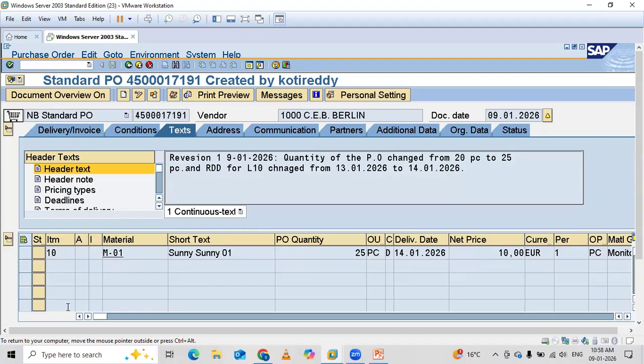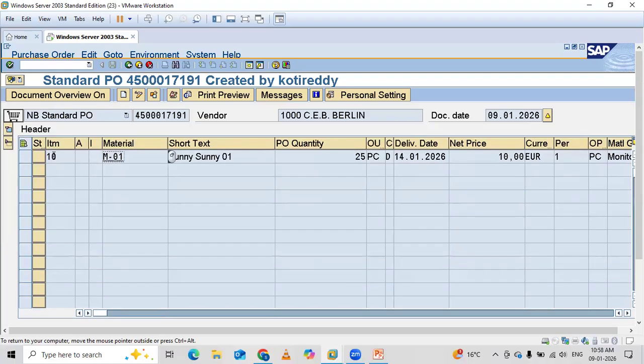So here I have just mentioned line item one, only one line item is there. When you go to a company, there will be many lines. Many materials like 100, 200, 300, 500, say 1,000. All the materials they will place in one purchase requisition. Then they will send it to the one vendor.